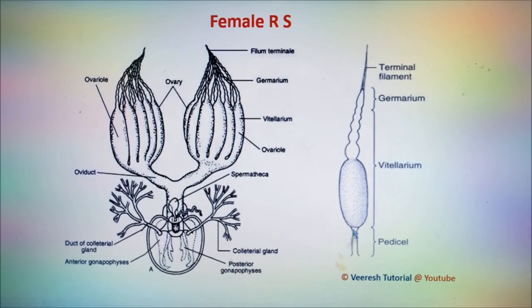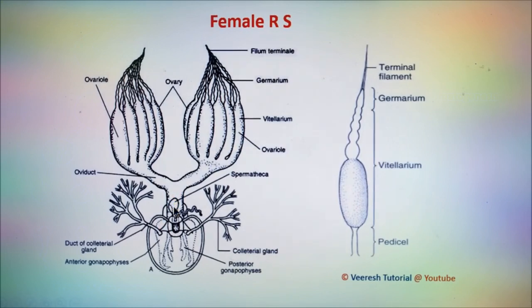The passage of the egg from the ovariole into the oviduct is called ovulation. That is, the movement of eggs from each ovariole into the oviduct. This process is called ovulation. Here, each stalk, the pedicel, opens into the tube called the lateral oviduct, which acts as temporary storage of eggs, and each lateral oviduct opens into the median oviduct.